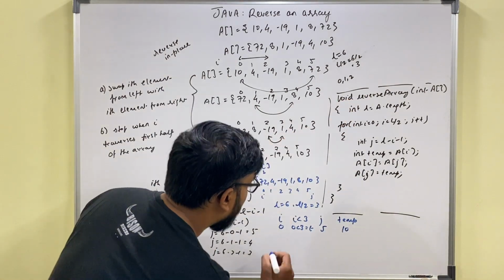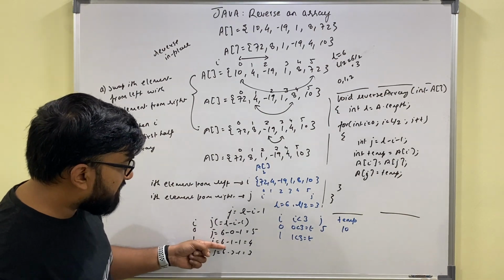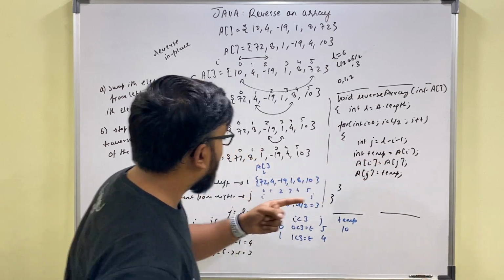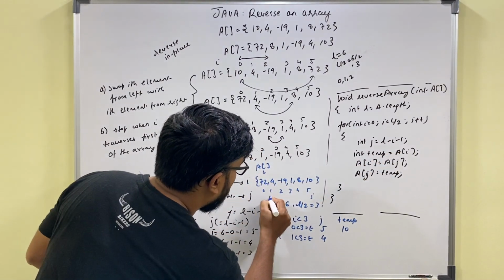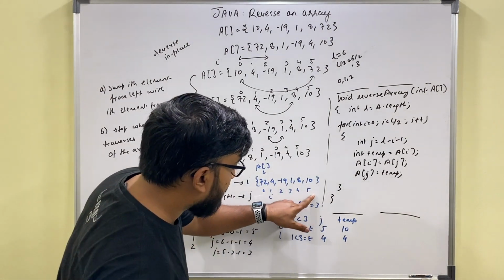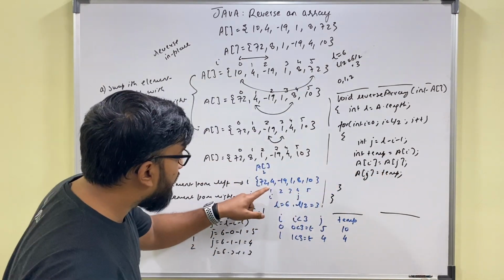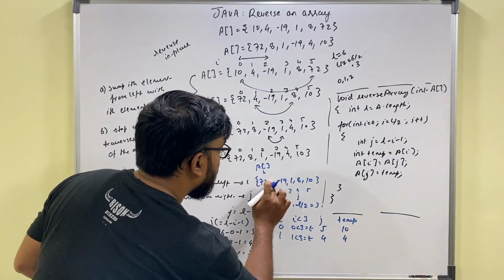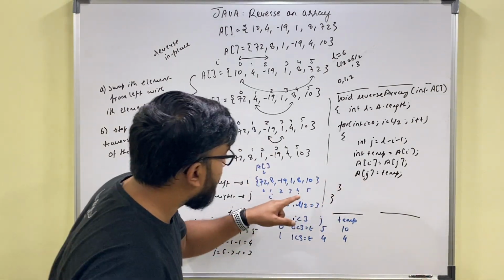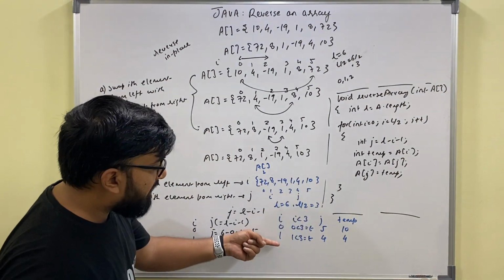Move on to the next value of i, which is 1. 1 is less than 3 is true. For i equal to 1, j is 6 minus 1 minus 1, which is 4. Temp is A of i, so temp is 4, and j is at index 4. A of i equal to A of j, so this becomes the value at index j, which is 8. A of j is temp, so A of 4 is temp, which is 4. So values at index i and index j were